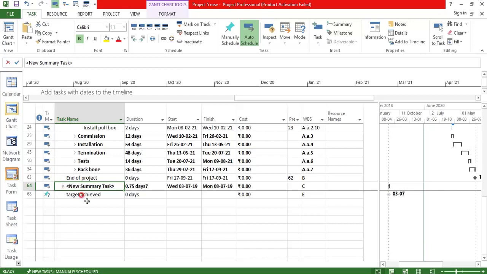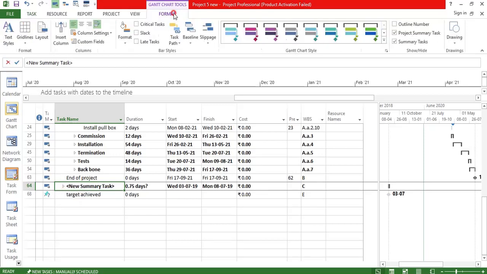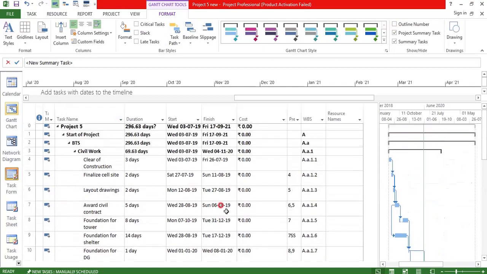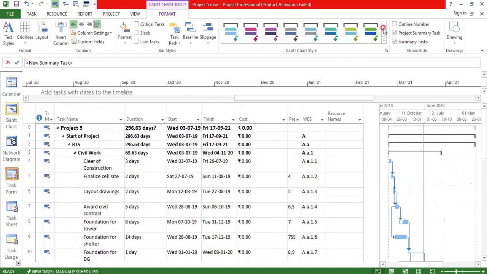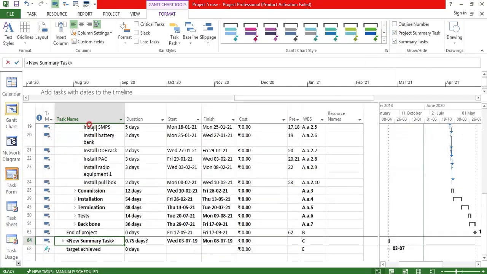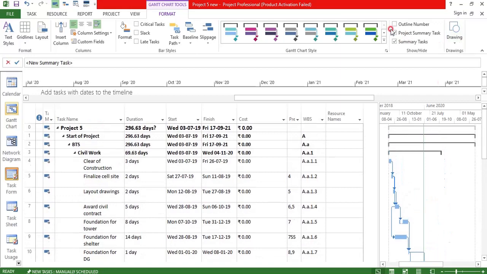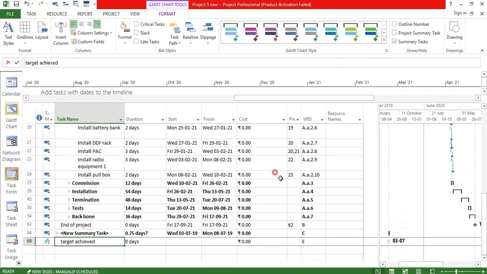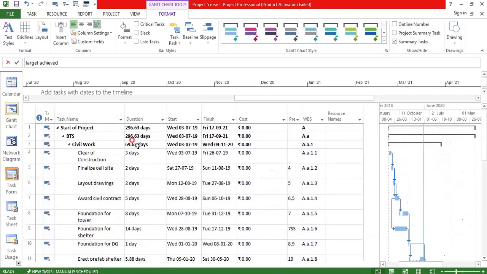Now one more option here. Come to the Format. In your Format, consider this. If I don't want this project summary task, it will directly start as the start of your project and all.